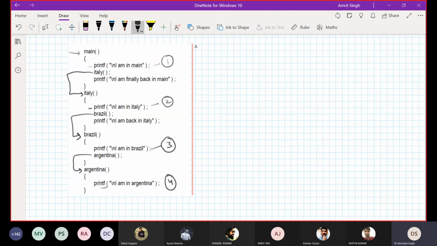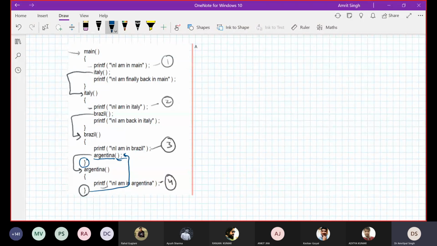Which function called your Argentina? We are at the 4th point. Your Brazil called this. After the execution of this function, your control is going back. Control goes back to Brazil, in the next line here. After Argentina, control is transferred here. After that, you came to know that the Brazil function has also ended.